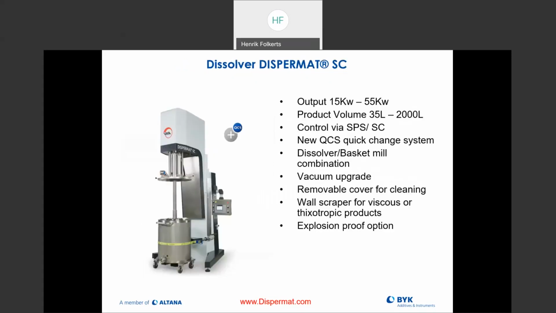And then for manufacturing, we have the same type of capability. For our dissolvers, we can go up to 2,000 liters. You can also fit this particular piece of equipment with what's called a quick change system, which is very unique to the VMA product line, which means it also allows you to attach a basket mill or a rotor stator onto the same dissolver. So you only need one piece of equipment for all your dispersing and milling needs instead of having to buy two pieces of equipment for your manufacturing area. That means I have huge amount of space savings, maintenance costs are reduced,